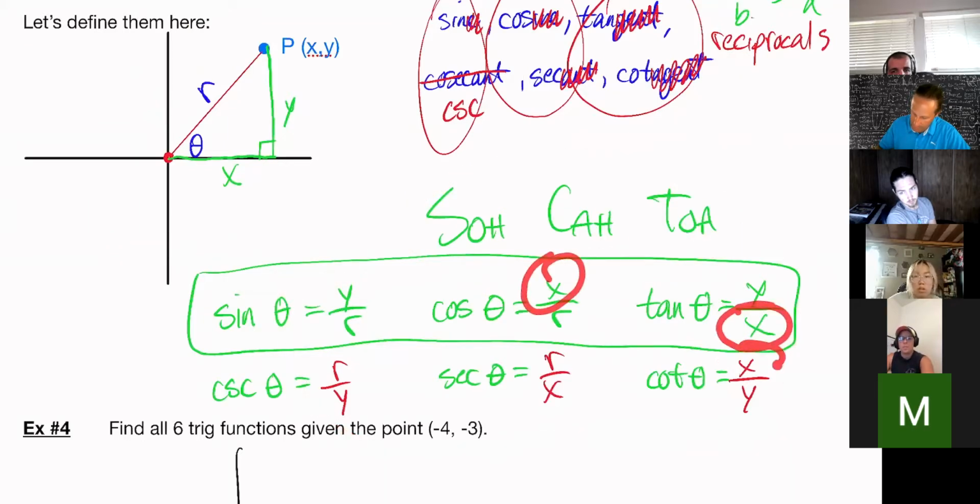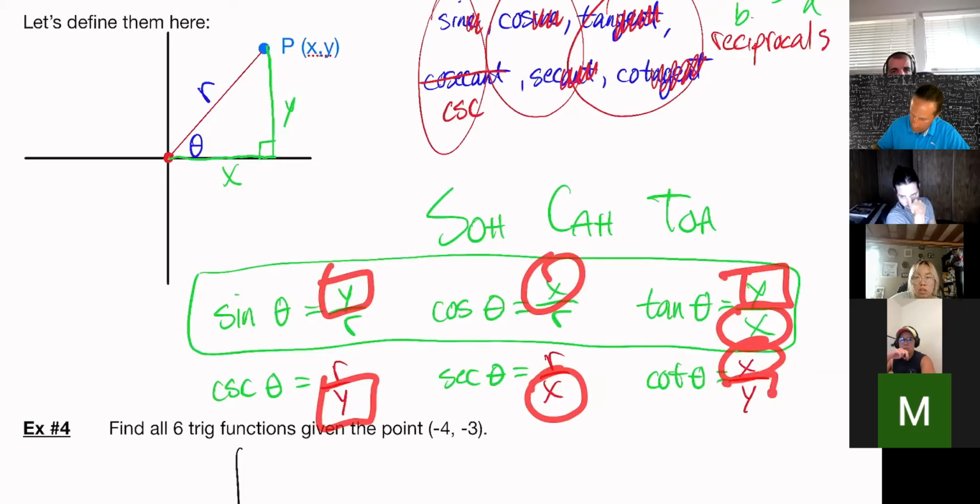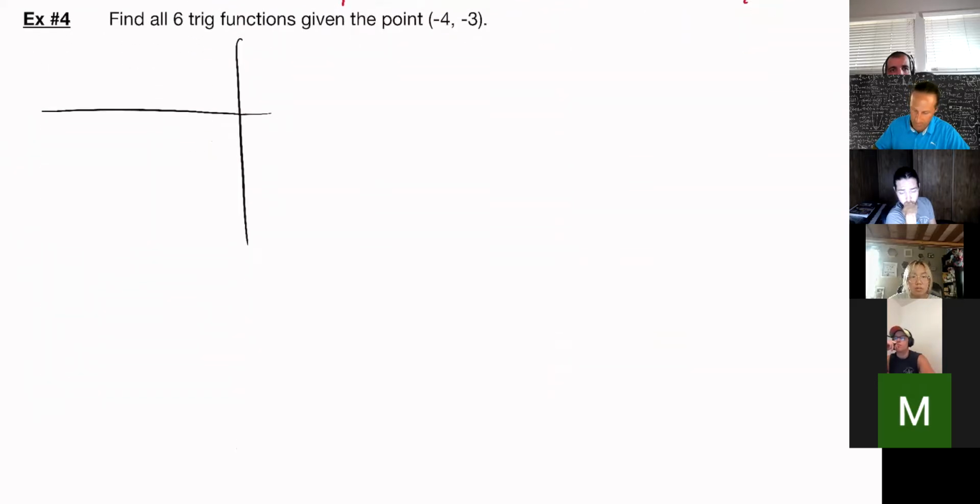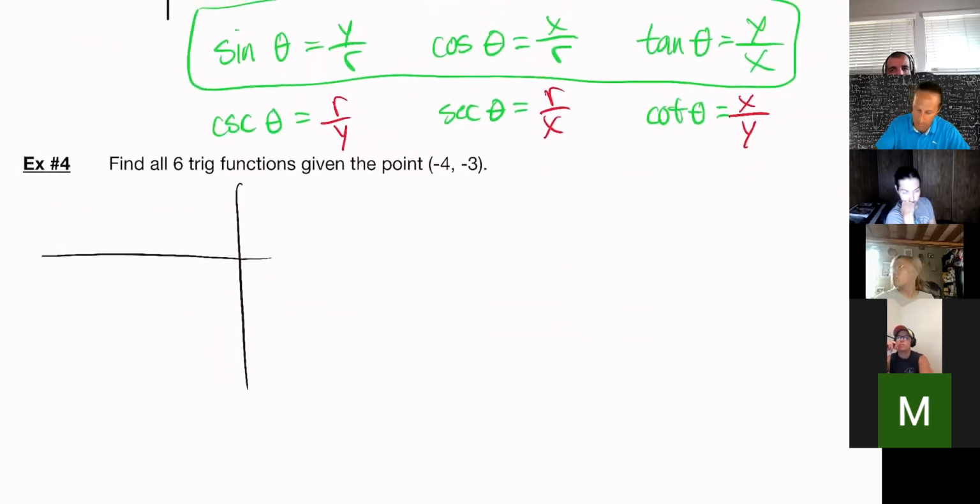Triangle. X, Y, and what? R. R. Thank you to all my pirates out there. The R, that's right. So if I can come up with that triangle, as somebody said, and I find all 3 of those points, beautiful. So then what is -4, -3 telling me? From the origin, go left 1, 2, 3, 4, and then down 3. And that will take you to this point,